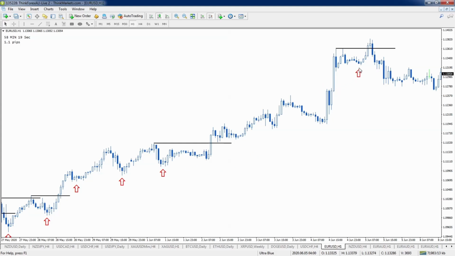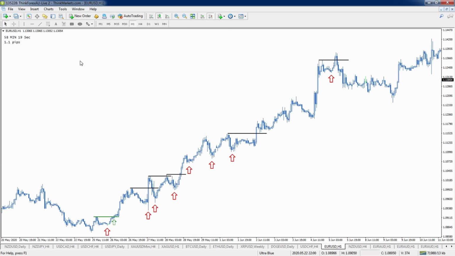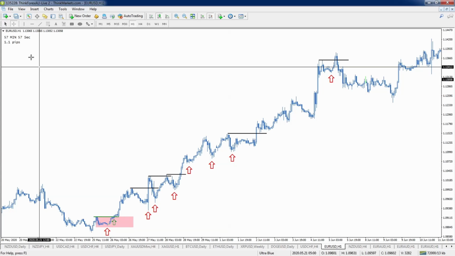Our lowest low in between those levels would be here. And finally, we get taken out of the trade. So this is a bigger trade. I'm going to zoom out just so we can see how far this market has gone. So we started with a trade that was so big. Let's take a look at this.